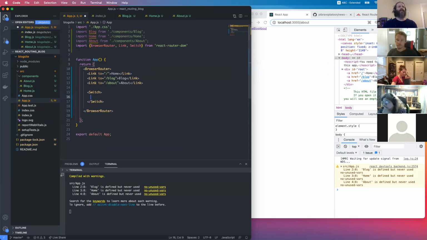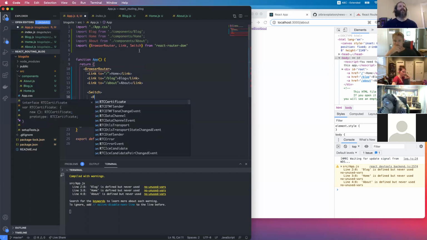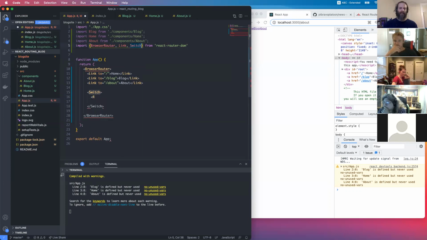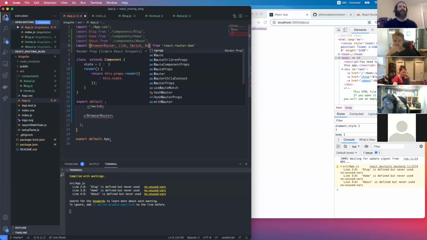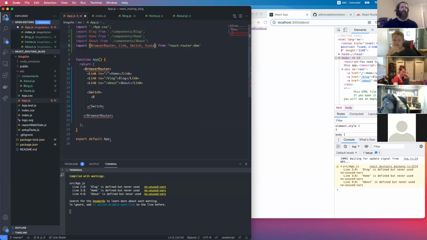So we have this switch component here. And then this switch component will take a bunch of routes. So we have our switch component, it's ready to go. We have to give it a bunch of different routes, and we tell it what those routes are. So let's create some routes here. We'll have to import that. So this ends up being a little bit confusing. It's not the prettiest, but